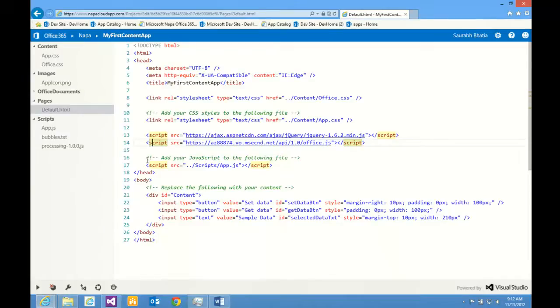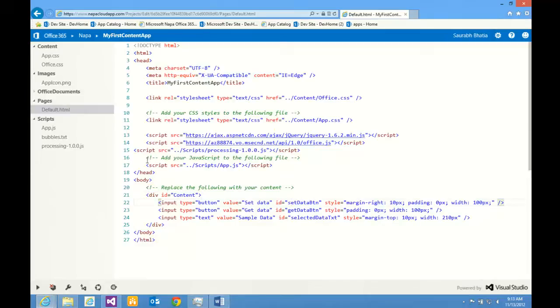Right? Now I'll just add a script source to this new library that I just added, which was under scripts, processing-1.0.0.js. And as I'm typing, you'll notice the editor is actually smart enough to complete the script tag for me and do some nice things there. So I'll also go ahead and update the